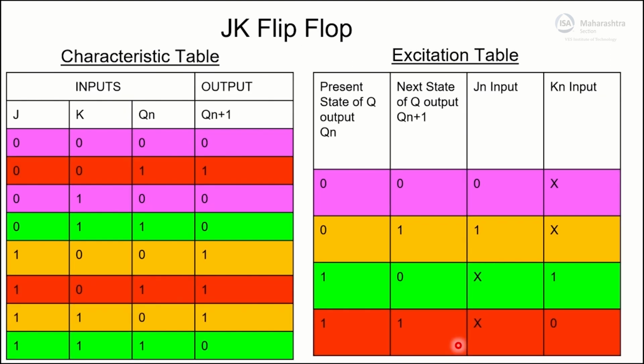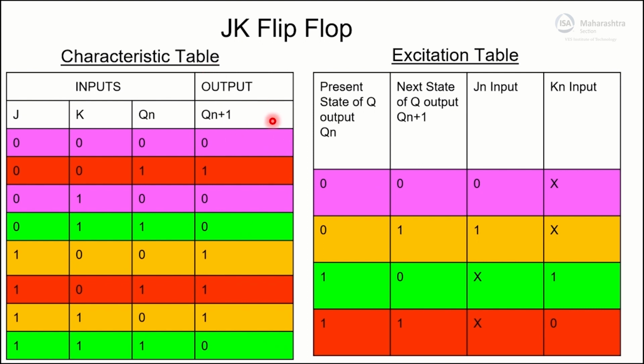Now, let's move to the next flip-flop. In JK flip-flop, I recommend you to try writing the characteristic table and excitation table by yourself. Pause for 10 seconds or so and analyze these two tables. Keep one thing in mind, all you need is J, K and Qn as inputs and Qn plus 1 as outputs in your characteristic table, and you need to remember the state table of the JK flip-flop.